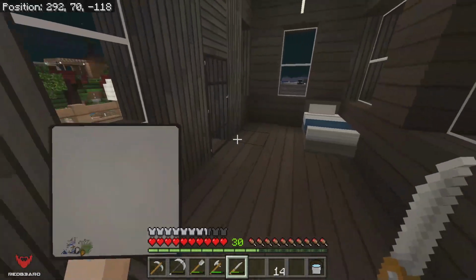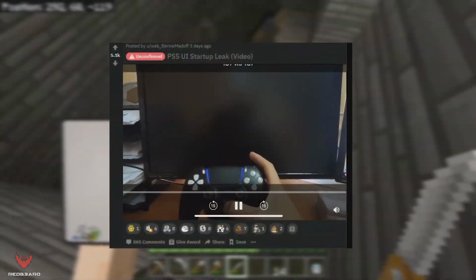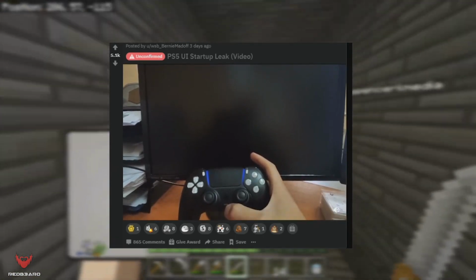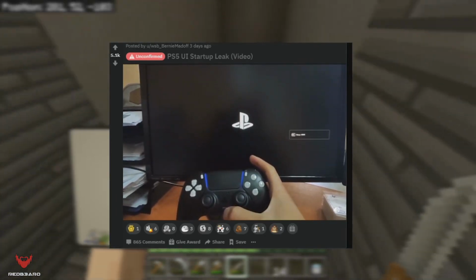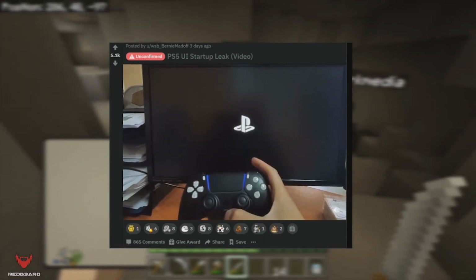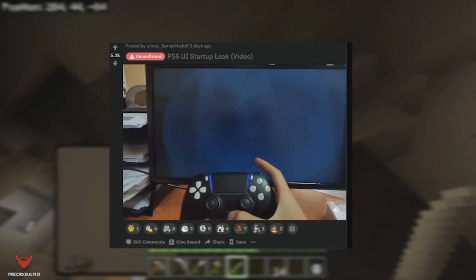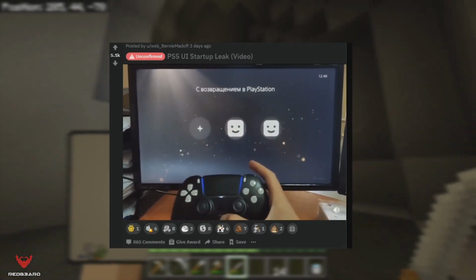On October the 3rd, so about 3 days ago, this video was leaked, and it is displaying and showing the PlayStation 5 UI startup. Again, this is unofficial. This is not verified by Sony. It could be just a hoax. It could be just somebody trying to get some clout on the internet. It doesn't mean this is real just because I'm putting it in this video, but it's a very interesting thing